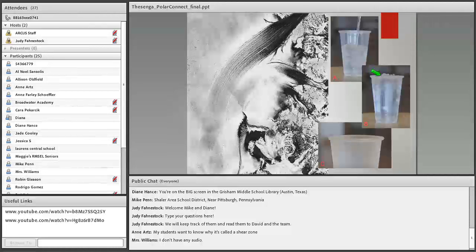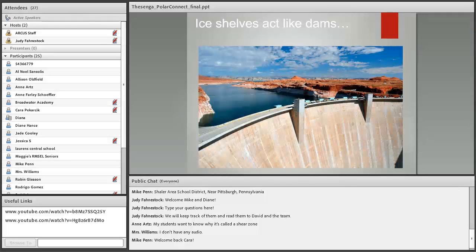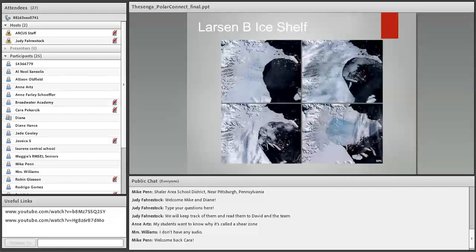What ice shelves do, if we go on to the next slide, so this is Glen Canyon Dam in Arizona. It's nowhere near us, obviously, but ice shelves act like dams. They're holding back all of the snow and all the ice and the glaciers that is actually sitting on the land. They're holding all that back. And if we take a look at the next slide, this is Larsen B Ice Shelf. If the entire ice shelf breaks loose, where we are right now,